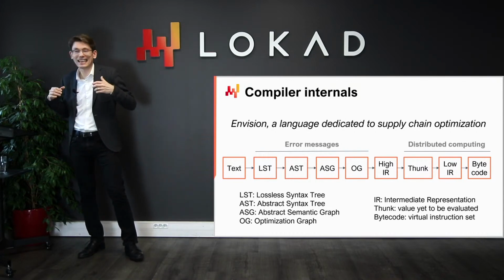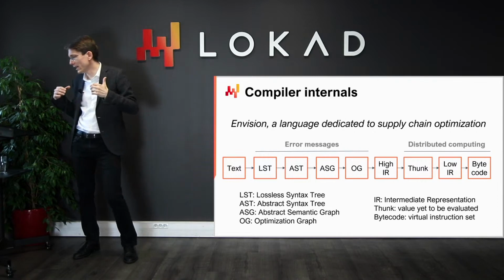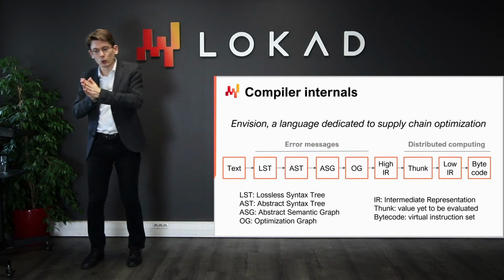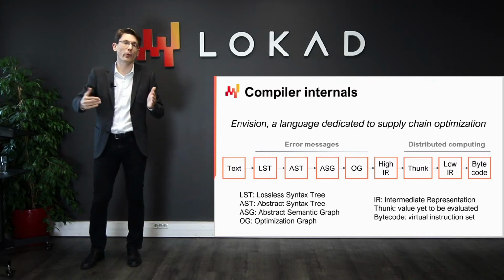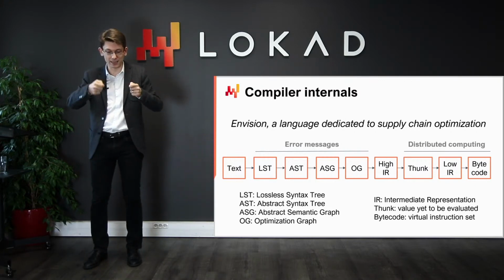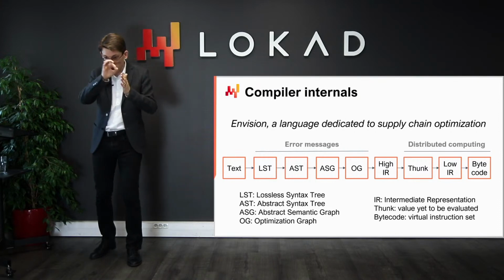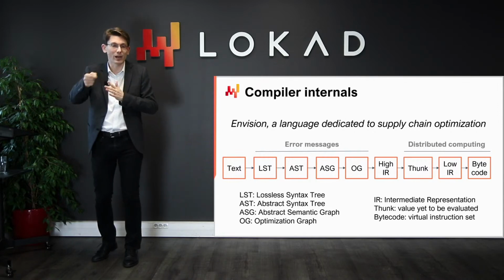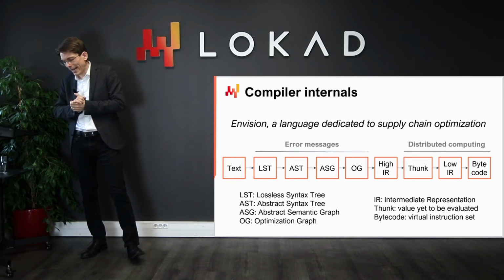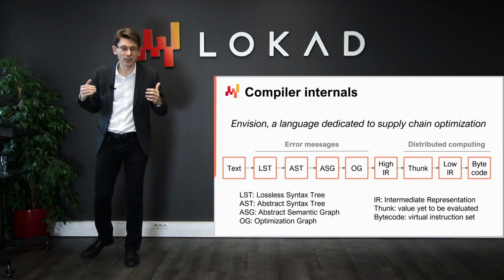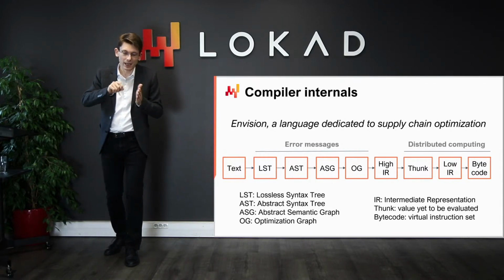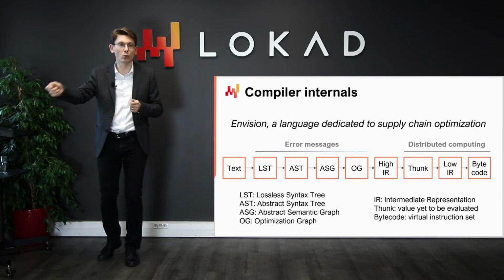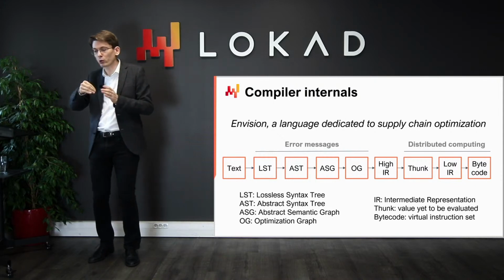And OG is essentially the last step of our compiler frontend. And it represents pure elementary relational operations that happen in your program that represent tiny bits of logic, but all of those elements of logic are, like in SQL, relational in nature. And the optimization graph is called optimization because actually there are plenty of transformations that happen from OG to OG. So it's not like we go to OG and then we stop there.